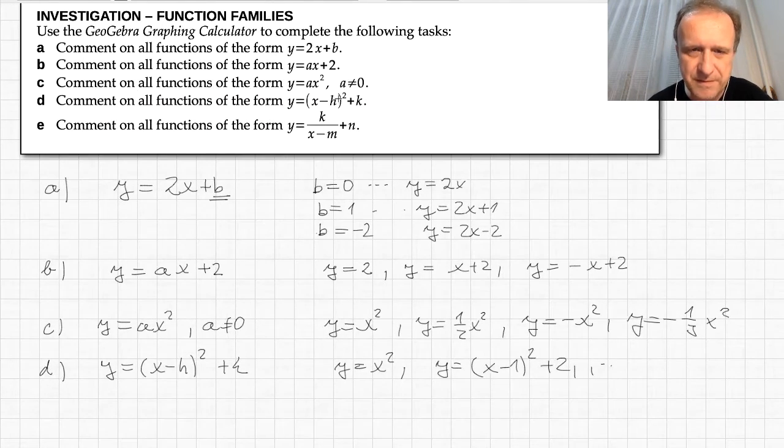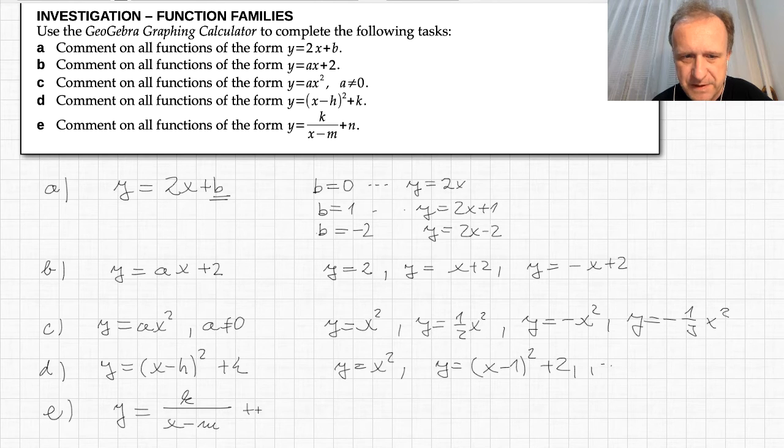Okay, so this is part D. And finally we have the function in part E, and in part E we have y equals k over x minus m plus n. So this is also something you might be familiar with. It is actually the rational function in the form ax plus b over cx plus d. Well, it can be transformed to it, and it has to do with the simplest case in which m and n are 0. So in this case k is 1, and the function would be